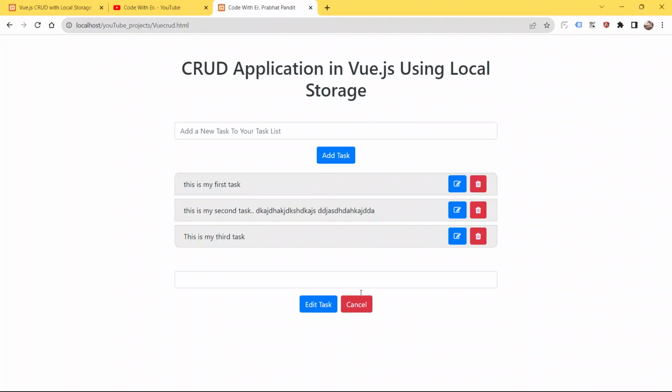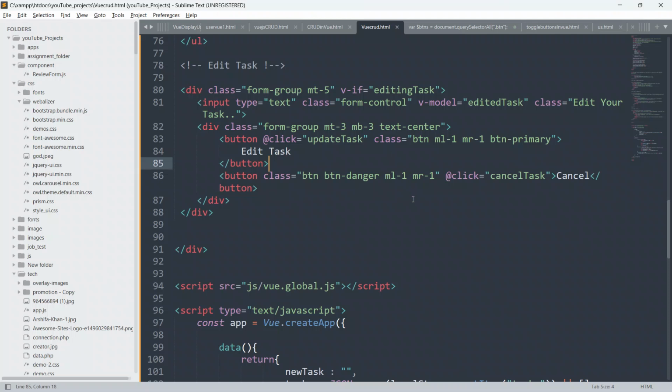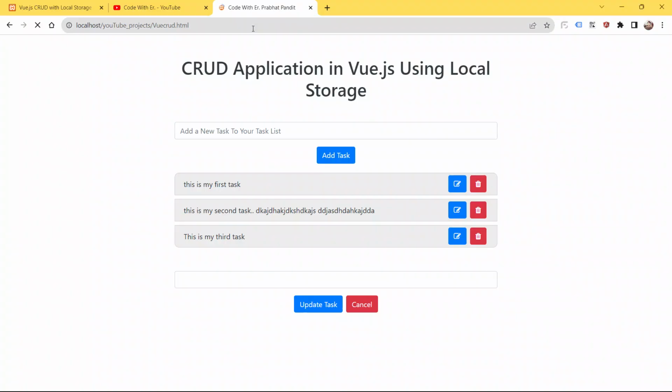Okay, so guys, it should be update task. Okay, update task. So now save your code, go to the browser, and refresh the page. Okay, so guys, after putting something new into the input box, when the user hits the button update task, then we will update our task.